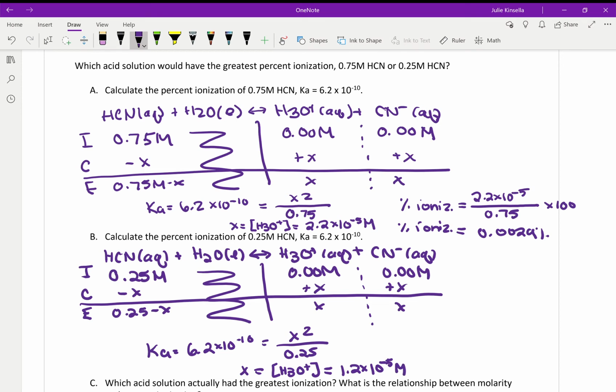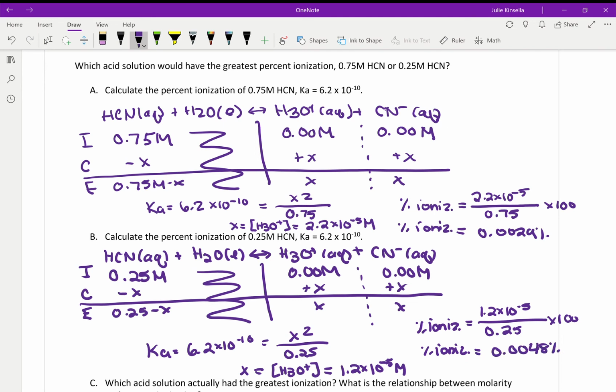One initial thing to point out is, as expected, there is less hydronium formed from the initial concentration of 0.25. That makes sense. There's less hydrogen cyanide to start with in solution, and since they have the same Ka, because it's the same weak acid, there's a smaller amount of hydronium. However, when we figure out the percent ionization, using that amount of hydronium produced, which is related to how much of the hydrogen cyanide ionized over the initial 0.25 concentration, the percent that ionized ends up actually being